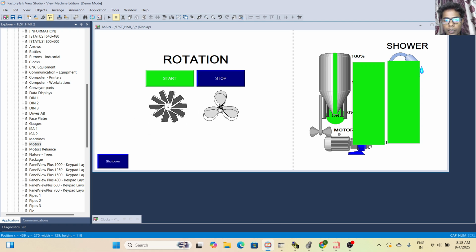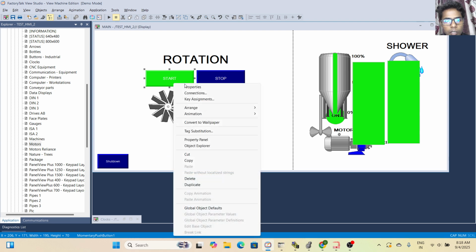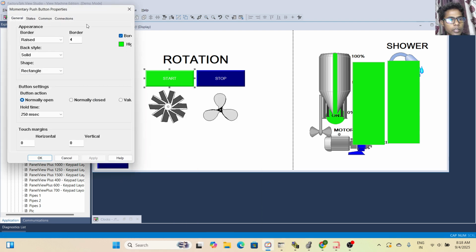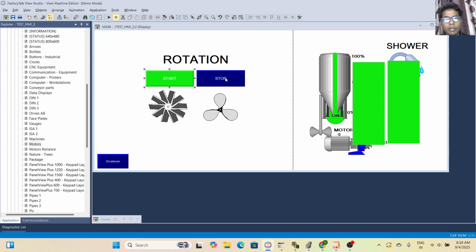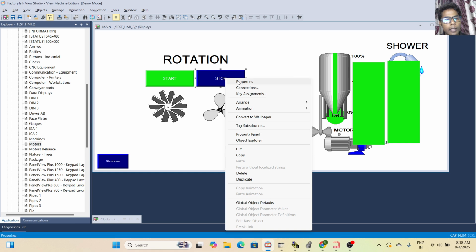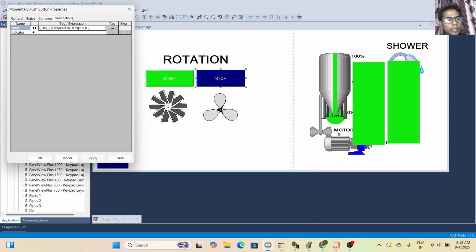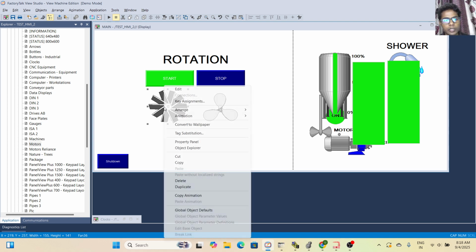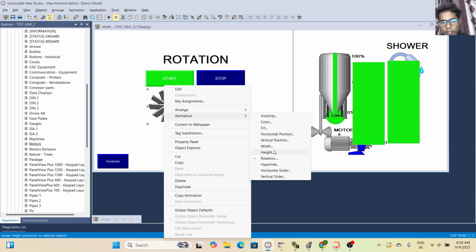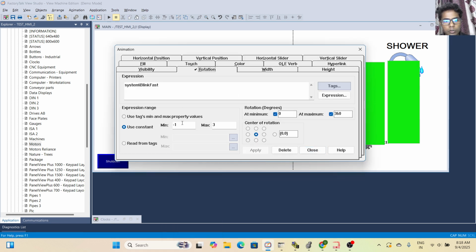First of all, I have to apply the start and stop properties on it, like the connection. The start motor tag I have already given, and the stop tag I have already given. Now I have to give the tag in this object: go to animation, go to rotation, then select and delete this, and go to 30,000.